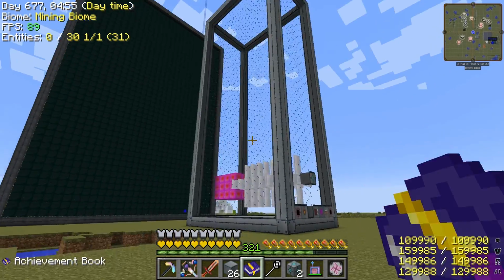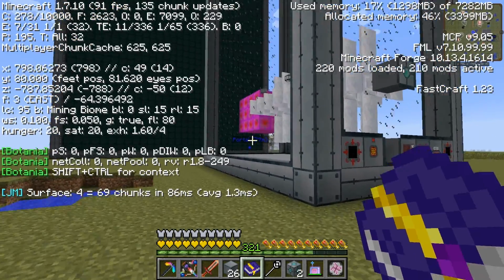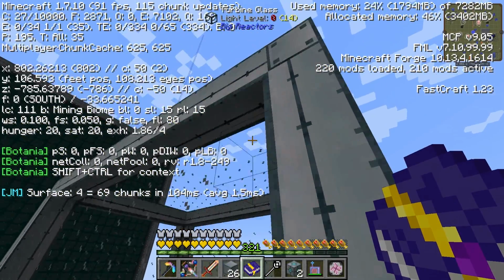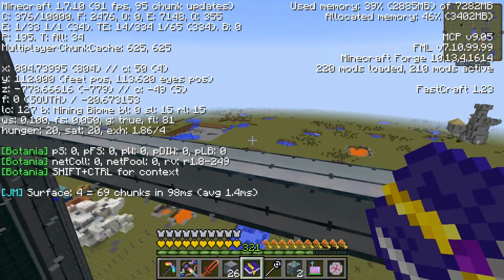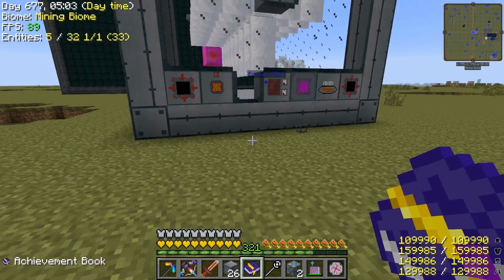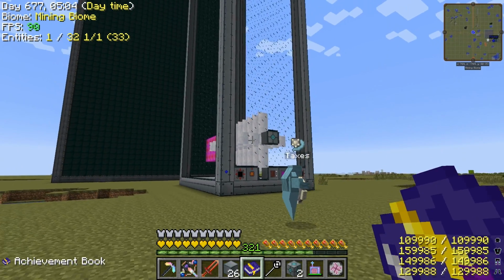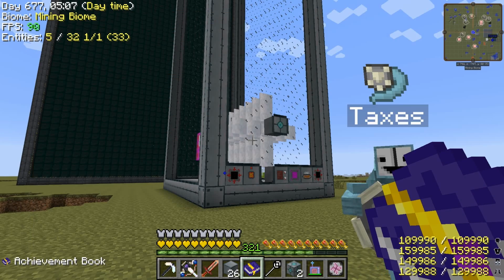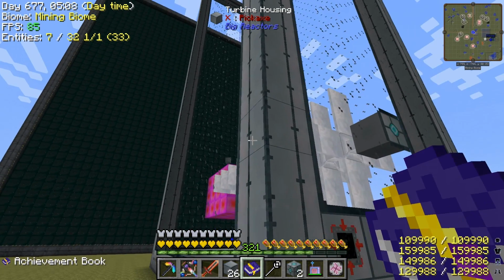Alright, so it looks really dumb, but if you look at our y coordinates, we're at 80 on the ground, and on top of the thing, we're at y 112. So I think that's 32 blocks, right? That is the max height of the turbine according to the config file. And it says build 2 or more max height turbines that are kept running. So is the turbine...